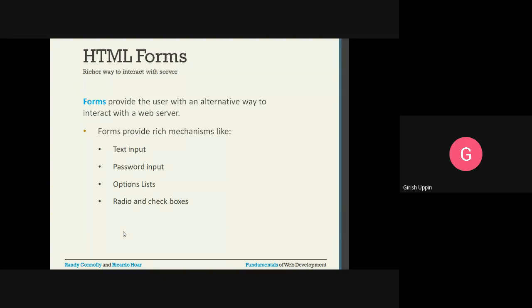Some painting information is displayed, some images are displayed. This is static information that we were painting on the browser. Now if we want to interact with the web browser, how we can interact is using the form.